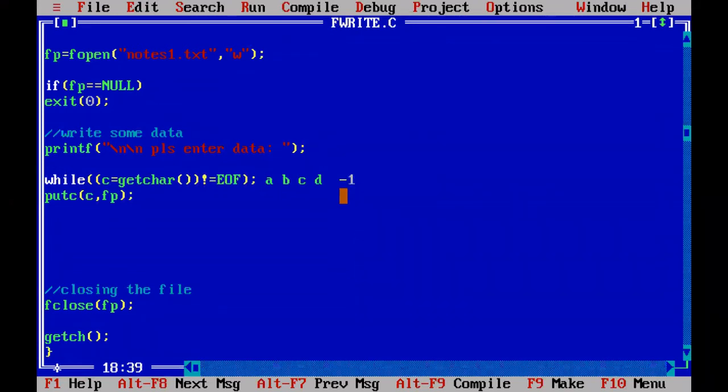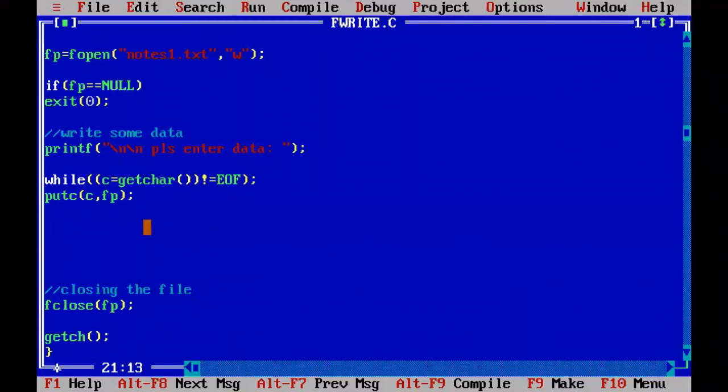So when you enter the end of file character by pressing Control Z, that end of file character is taken by getchar and stored into C. Now you compare: C is not equal to end of file character? False. So at that time you will stop writing into the file.